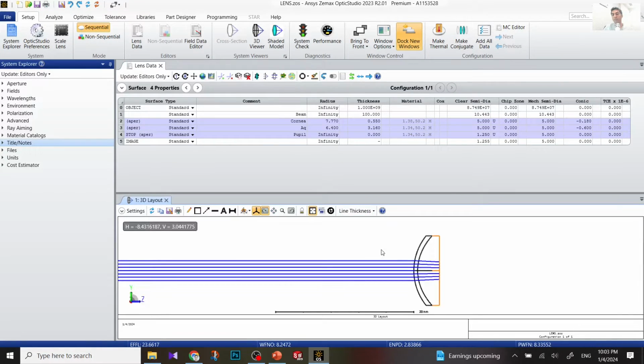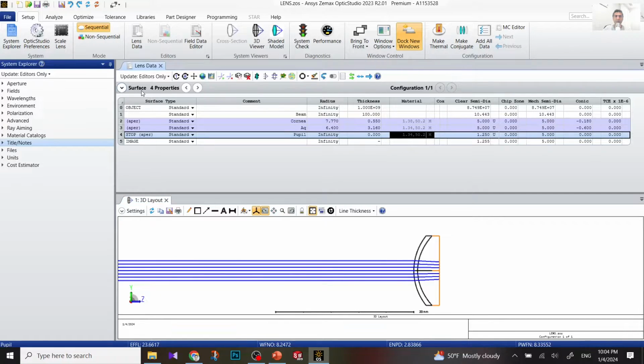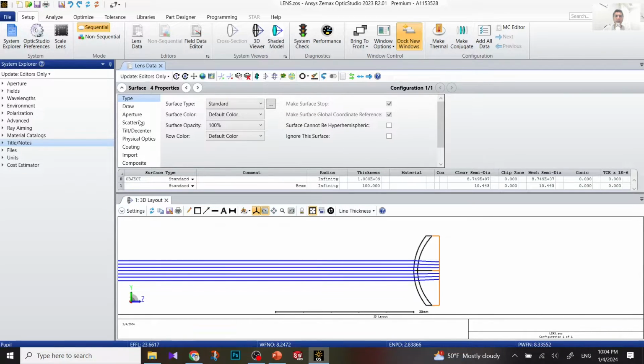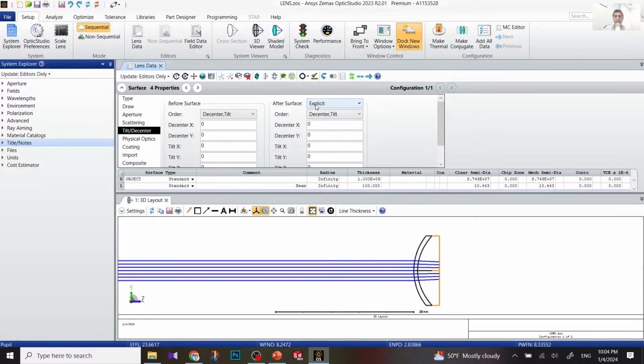So now this is our optical system. When we put the stop, you can see the beams. So this is the beams, and this is the stop of our optical system. The next surface after the stop, actually for the stop, based on Brennan and Liou model, which is a very acceptable model, the stop of our optical eye is not completely at the center of our eye. It's about 0.5 millimeter deviated to the nasal direction. So for that, we click on stop, go to properties, then go to tilt decenter, and make sure that for